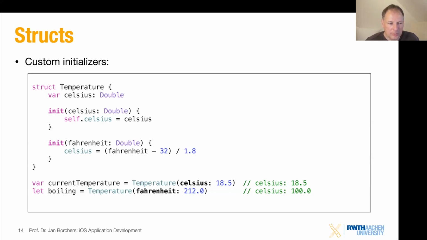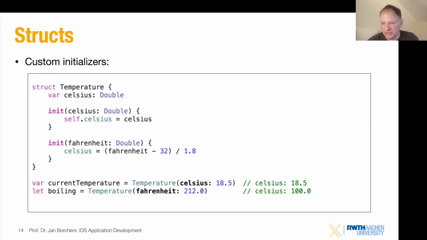And why would we pick var or let? You can't see that directly from this code so far, but we have plans with the current temperature to change it later. That's why we used var here in this code. Let is not something we're going to change anymore in this example, so it's a constant.